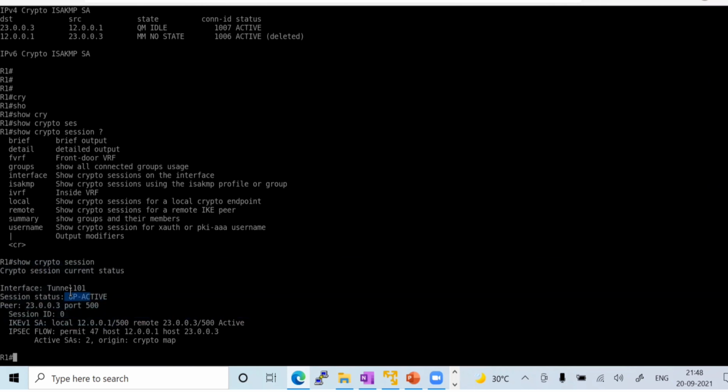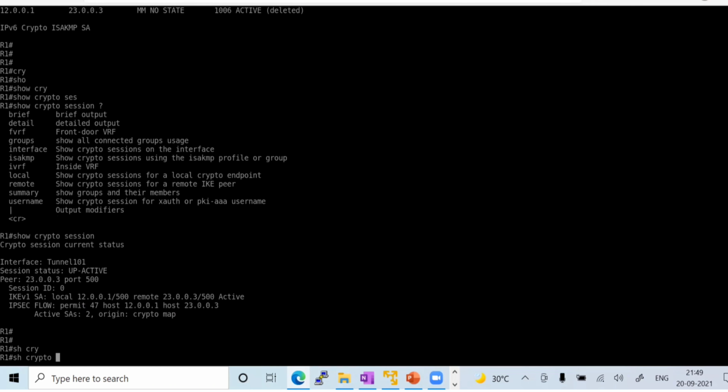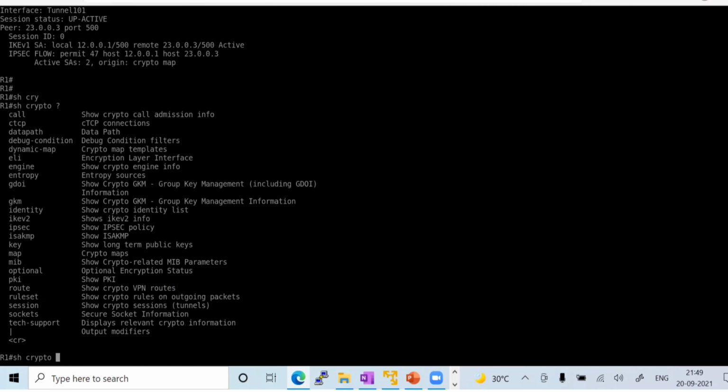with the interface tunnel this. And what is my local IP address? What is my remote IP address? And that is what the host basically permits, the IPsec flow. So this is proving my phase 2 is also up. But we have another command for the IPsec